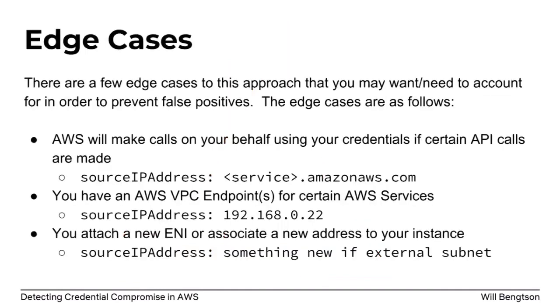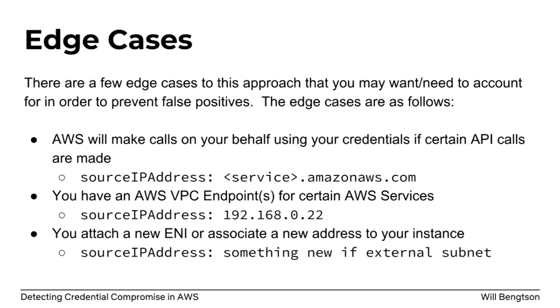So I think that's pretty powerful. I mentioned a few edge cases. As you continue to monitor CloudTrail, you'll find that anytime Amazon does something on your behalf, you're going to see the source IP show up as a service name.amazonaws.com. This is whether support is looking into your account for a ticket, autoscaling group is autoscaling your service, or